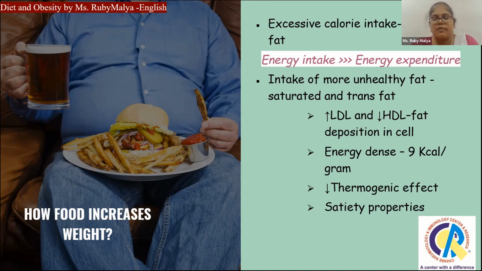So it is energy dense, compared to other compounds like carbohydrates and proteins, which only give around 4 kilocalories. Then fat has a low thermogenic effect. Thermogenic effect is the amount of energy the body uses to store the compounds. If we want to store anything, even within our body, the body needs a certain amount of energy. For fat, a little bit of energy is used to store a large amount of energy in our body. So there is a decreased thermogenic effect, and the body finds it easier to save fat compared to other compounds.